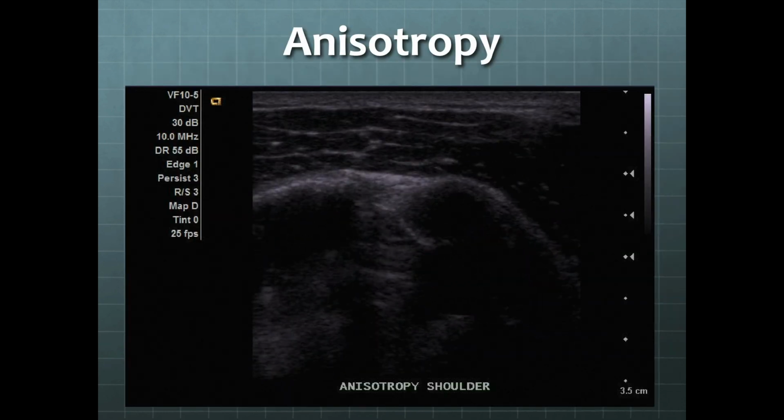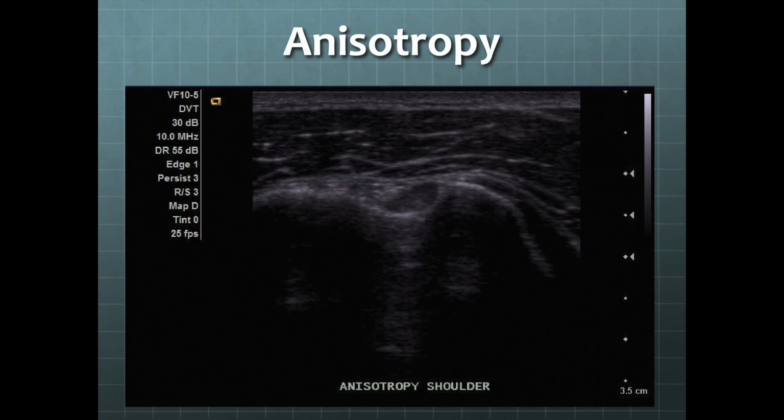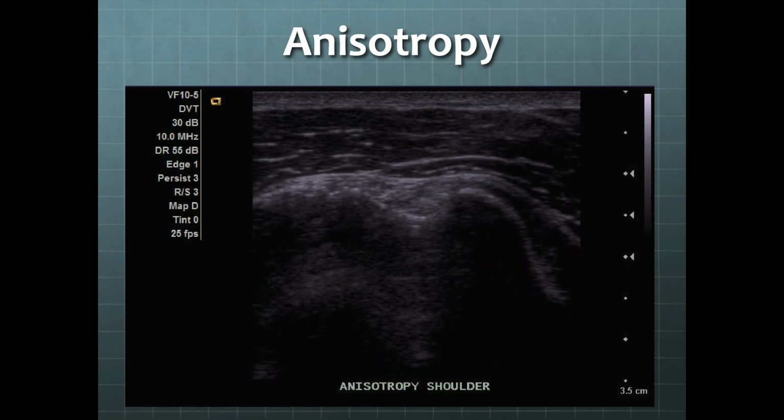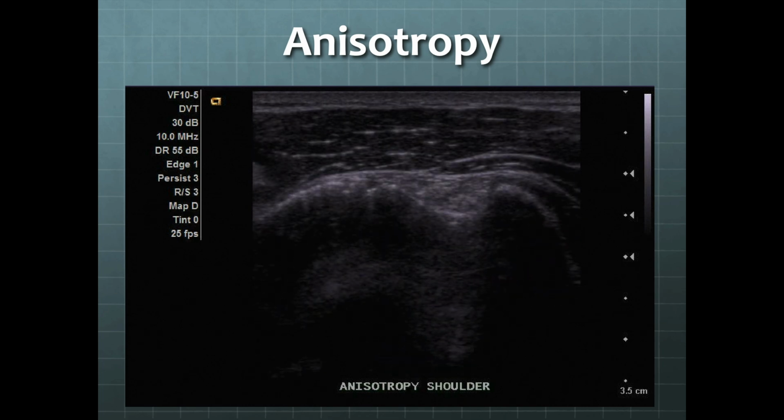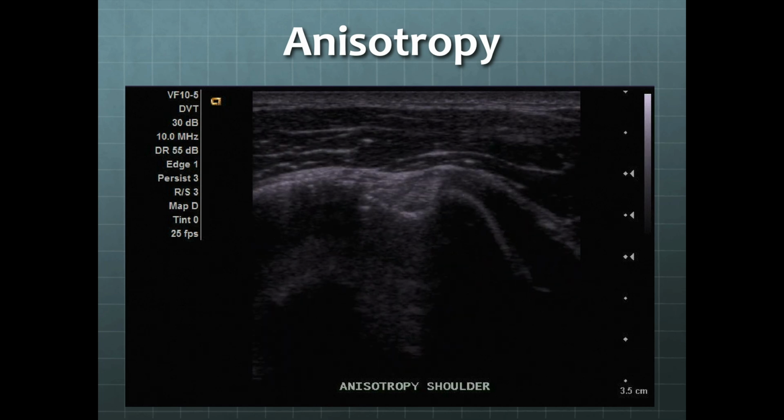Remember, nerves have this property called anisotropy, which means if you're not perpendicular to the long axis of the nerve, the beam's going to bounce off and the nerve will be echolucent, and when you're perpendicular, it's going to be echogenic. So if you're having trouble finding the nerve, fan that probe at different angles, and usually that nerve will